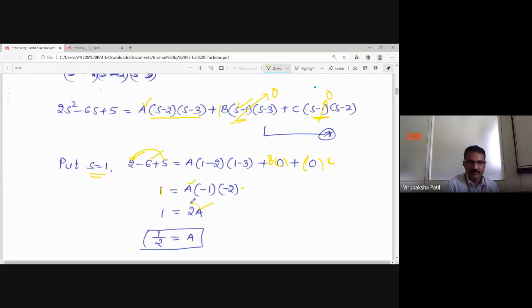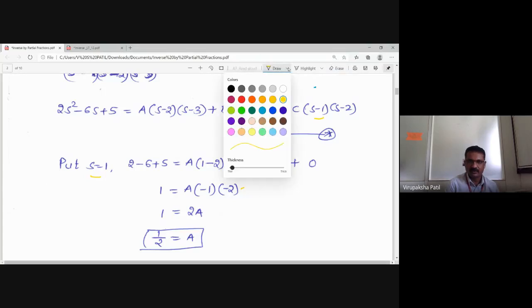But we don't want the value of 2a here. We want the value of a only. So take this to this side, you will get a = 1/2. Is that clear? So the a value is 1/2. Okay. Next, you got the a value. Now see, one more thing: directly you cannot substitute here and get the values of these. So next, we will get the value of b now.